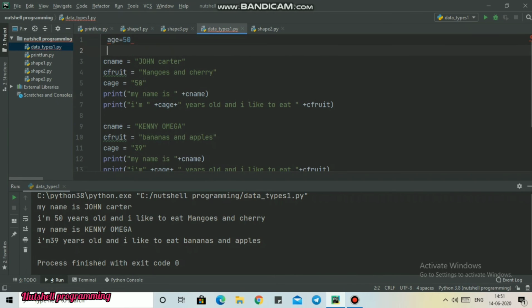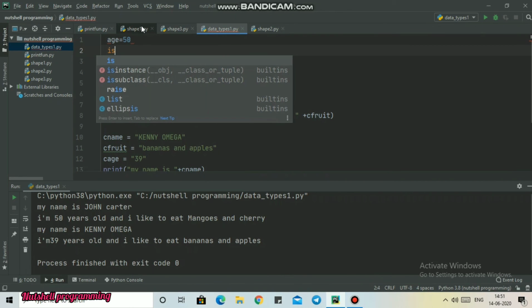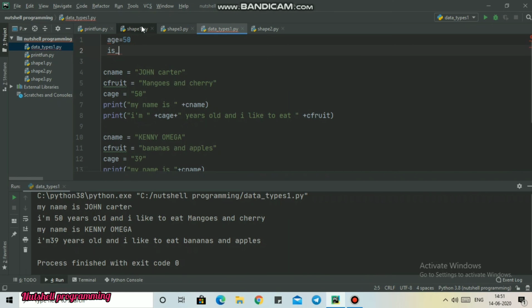Right now it will show you an error because Python thinks it is a string, so it will not give you the output. We have to convert it into an integer. And the third data type is boolean. For example, Ismail is equal to true, so it has two values, true and false. In the boolean data type you have only two values, it can be true or it can be false.